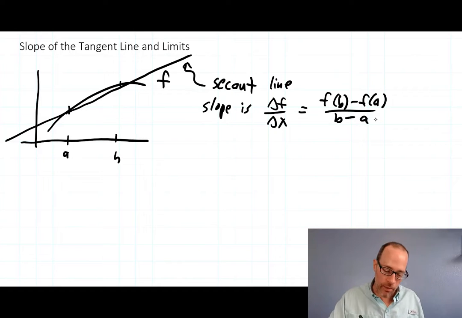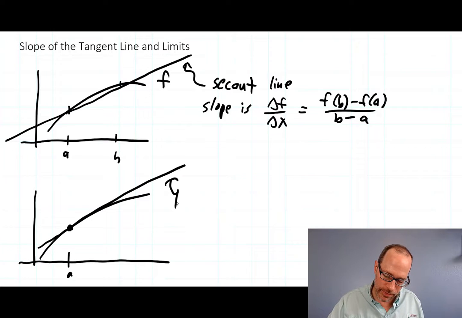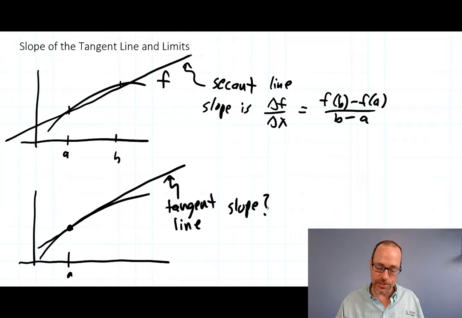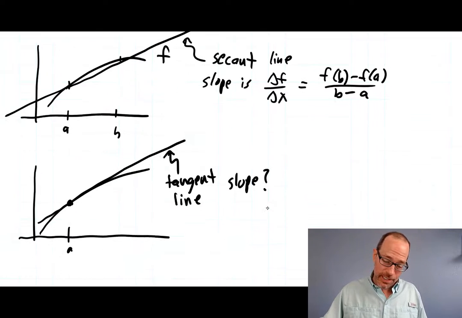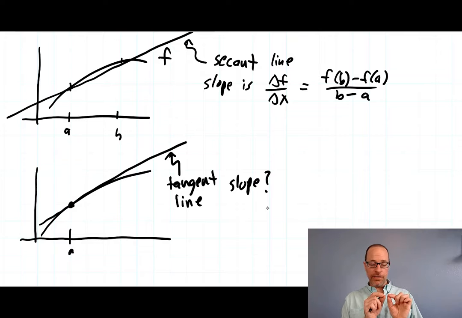Okay, what we want to know about is not the slope of the secant line, because that's easy to do, but if you were just at a, what is the slope of the actual tangent line? And it's not obvious yet how to do the slope. But now that we've seen what we did with instantaneous velocity, we're going to try the same trick, that we can approximate the tangent line with the secant line if we just move over a little bit. And then we can take the limit as that little bit shrinks to 0 and see what that slope is